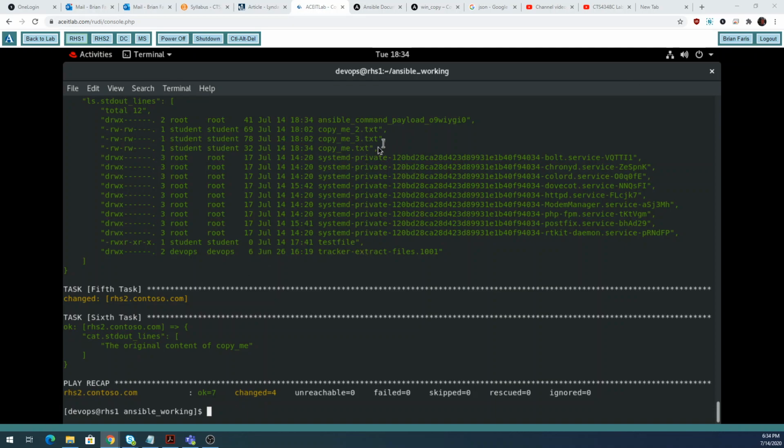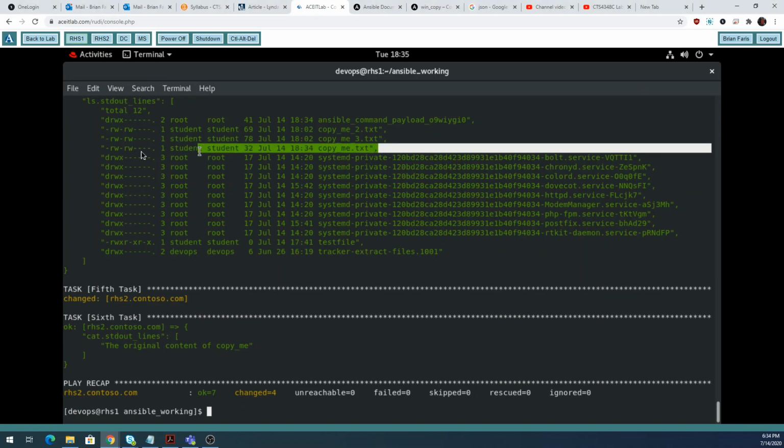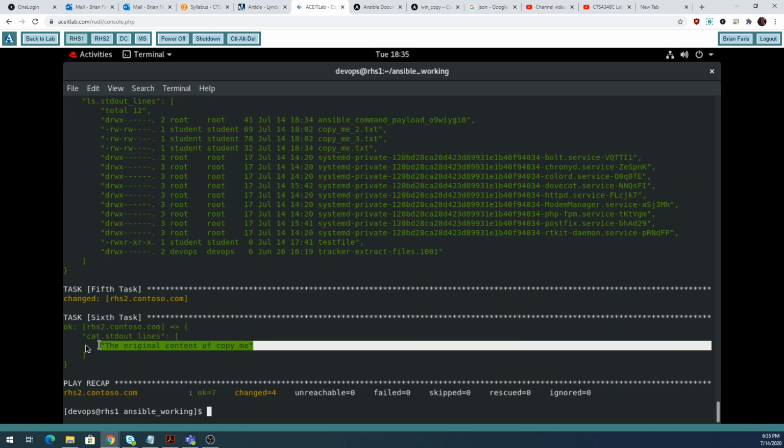So here's the file. The permissions are all right. The user owner and the group owner is right. But now look at the content. It's back to the original state the file was in. That's what I have